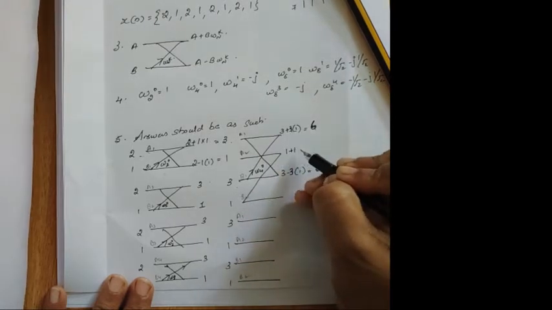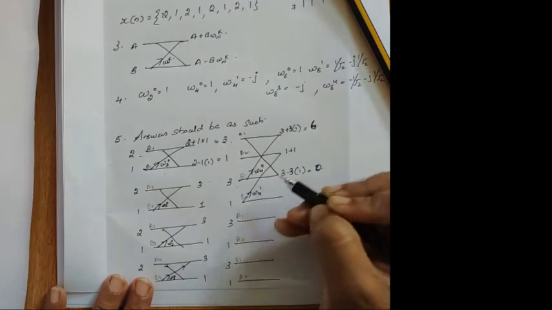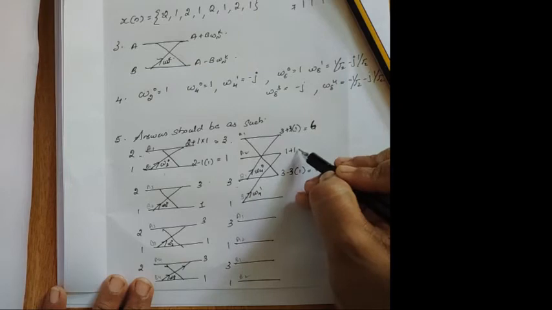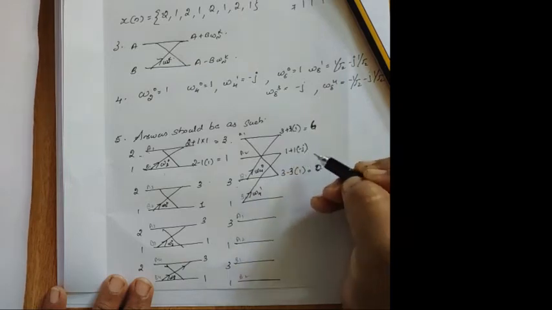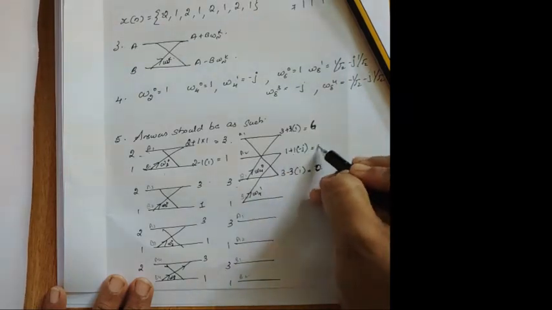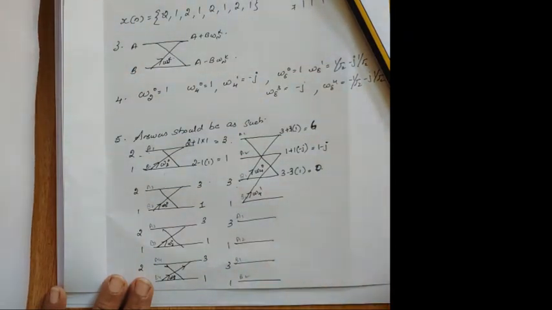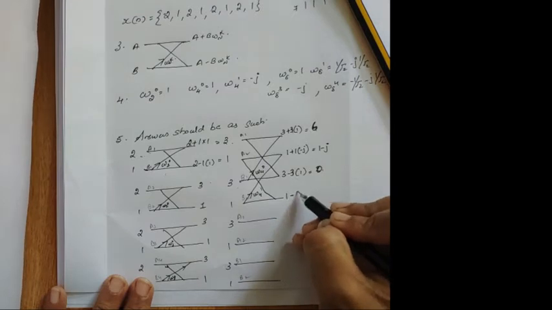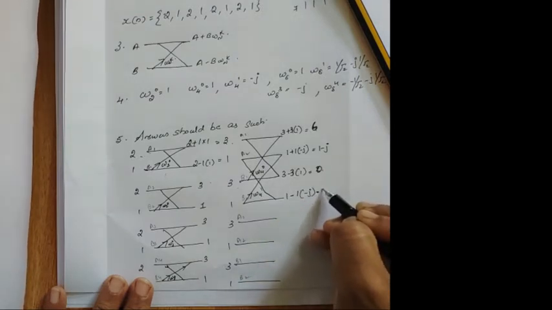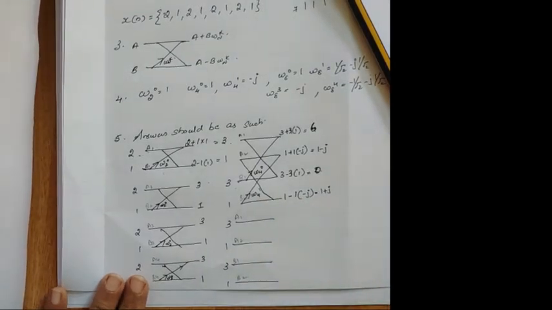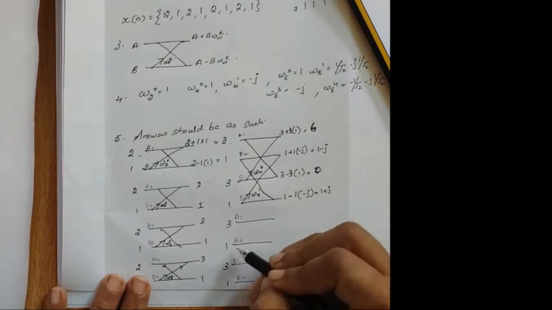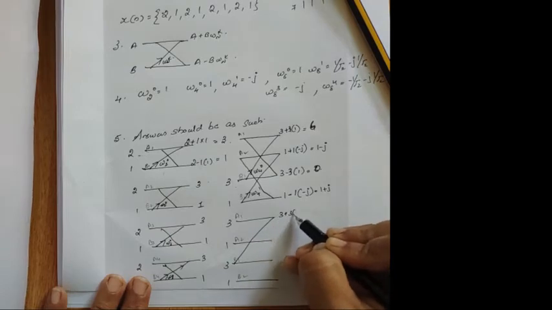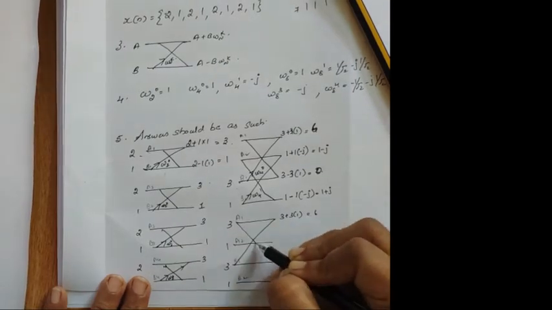So 1 plus 1. Here the twiddle factor is 4 power 1. 4 power 1 is nothing but minus j. So 1 plus 1 into minus j, so that you will get 1 minus j. Okay. The same thing when you are going to cancel it off: 1 minus 1 into minus j, that is equal to 1 plus j. Okay. Similarly, the next term, A1, B1, 3 plus 3 into 1, 6, 3 minus 3